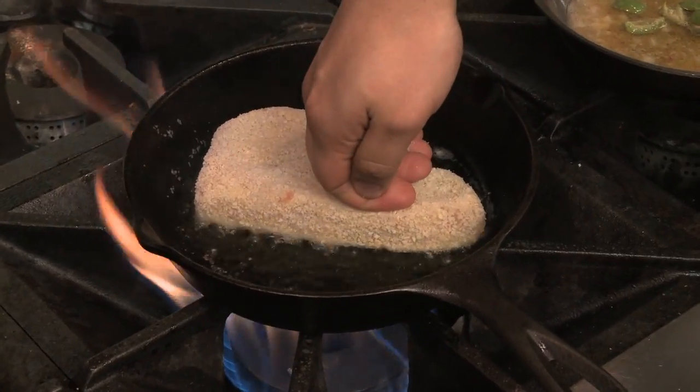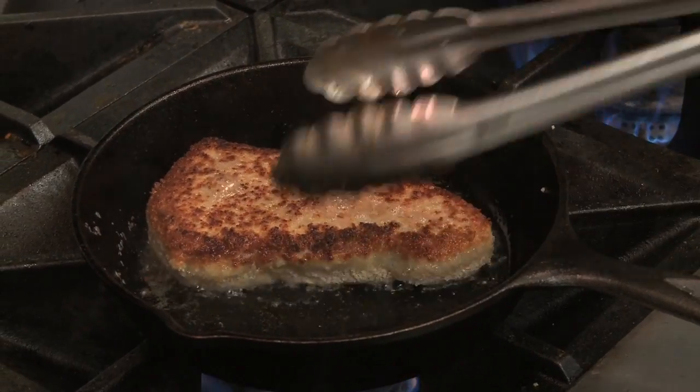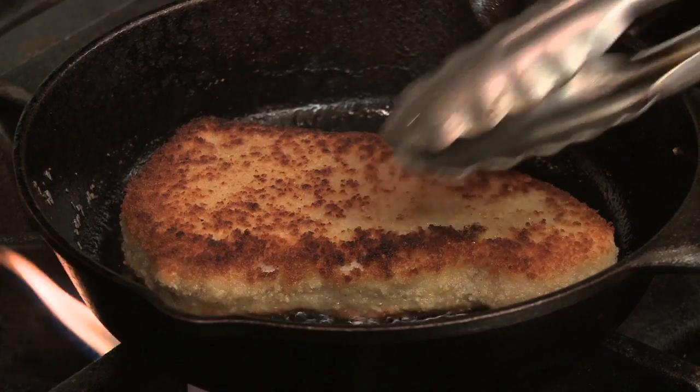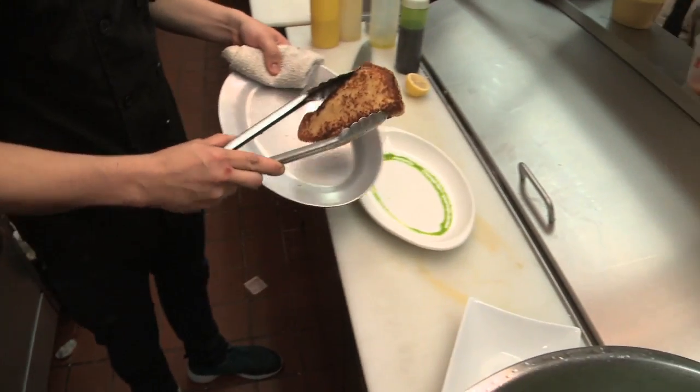It's a swordfish impanata, meaning that it's breaded. Breaded and pan-seared. We do not fry, meaning in a deep fryer. It's flour, egg wash, breadcrumbs. This is a really great summer dish because it's just so light and you can squeeze